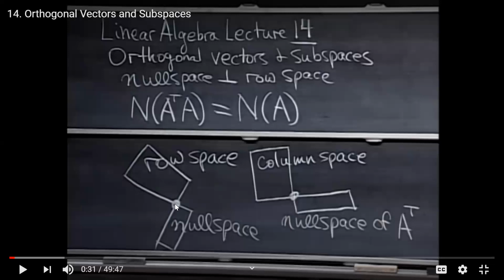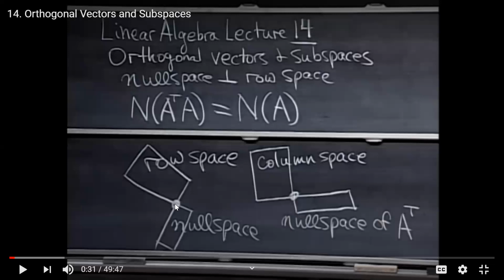Most of the time there is a misunderstanding that maybe the row space and null space have a line of intersection, just like a wall and a floor intersect along one complete line. No. In the case of row space and null space, when we describe them as orthogonal, or orthogonal complements, the only common point is the origin. So these two subspaces, if you look at them geometrically, only intersect at one point,